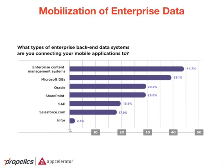Now, we have well over 1,400 enterprise customers that are building applications, so it does give us a pretty wide dispersion and a pretty deep view into what folks are doing. So the first question was, okay, what are you connecting to? What sorts of data are you mobilizing today? And a lot of enterprise content management, a lot of Microsoft databases, a lot of Oracle, a lot of SharePoint, SAP, Salesforce. It's a pretty even mix as you get to all these different back-end data systems, with nothing over 50%,